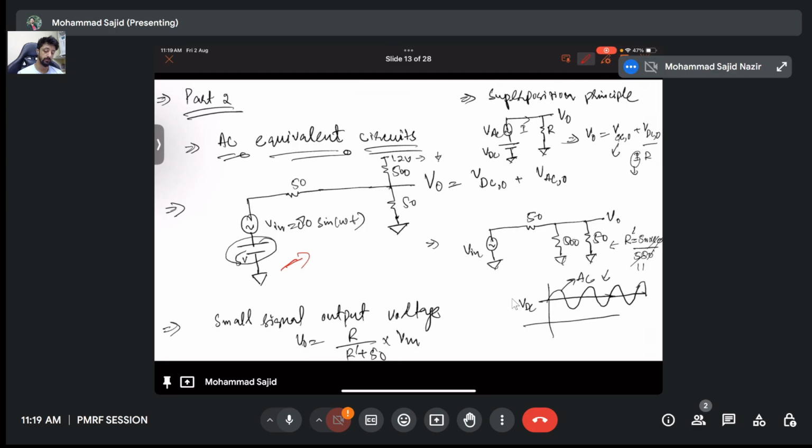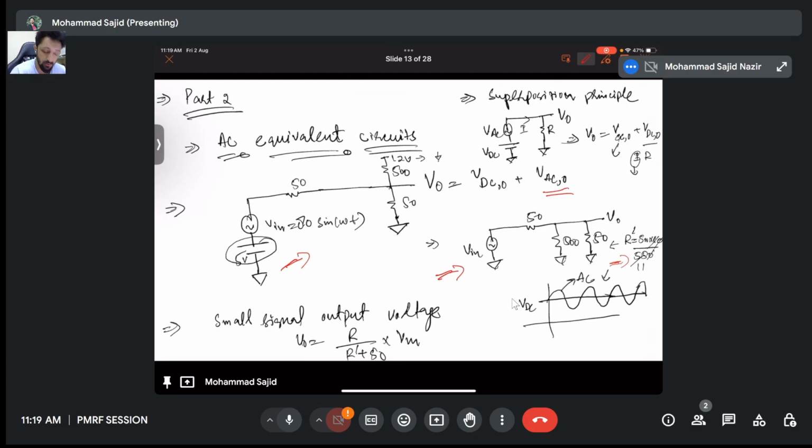Now we need to find V out. So V out total will be VDC plus VAC. Now in this part we only need to find VAC. So that's why we will use only the AC signal, and the DC will go to ground or short. So this is the equivalent circuit. This is V in; 50 ohm and 550 ohm are in parallel. You will get this equivalent to R dash,